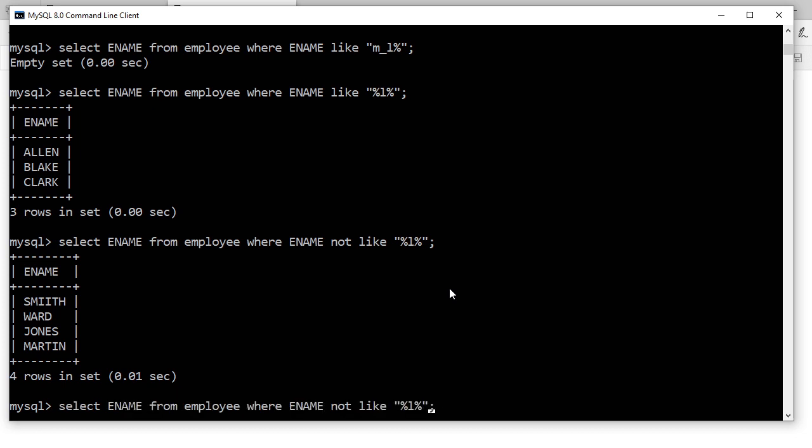Can we make here ename like percentage L, and then write and, again ename not like, with the pattern percentage, excluding whatever is coming in this LL, and then again percentage.